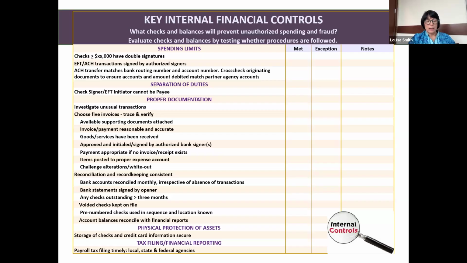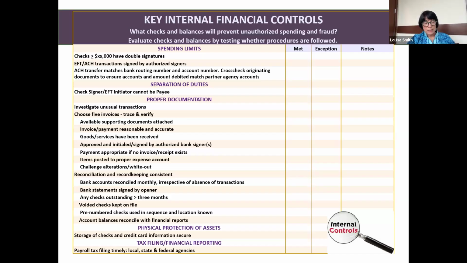Reconciling, as I said, bank accounts should never be reconciled by the person doing the receipt and disbursement function, and they need to be done monthly, on time. It should be one of the first things done after the month end, regardless of how busy somebody is. I don't care what they say, that needs to be done. Because if you're not looking at your bank account, you might not know there's some fraud happening in it. So you always need to be timely about that.